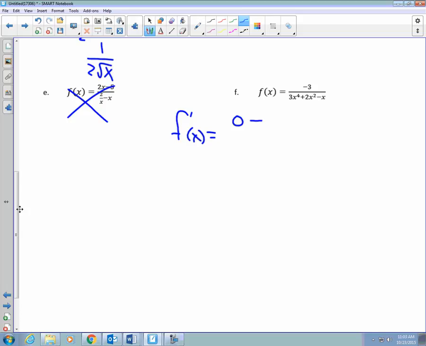Minus the derivative of the bottom, all divided by